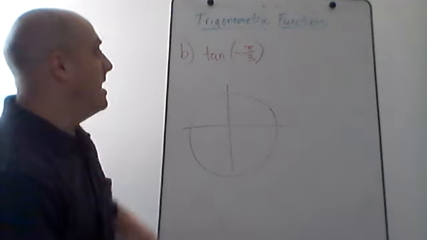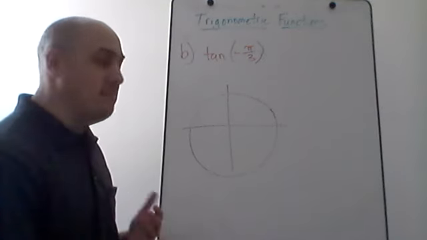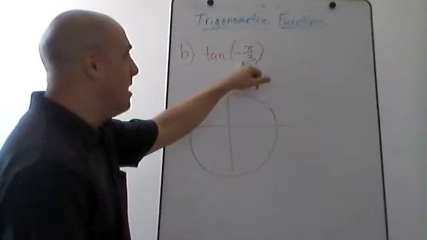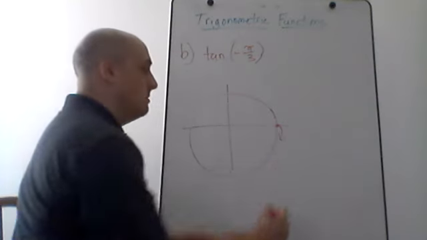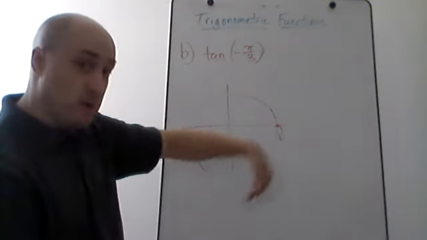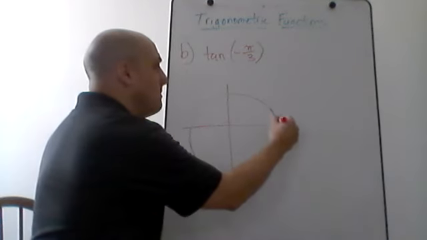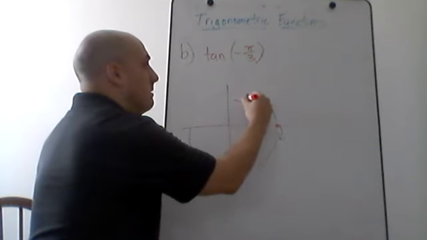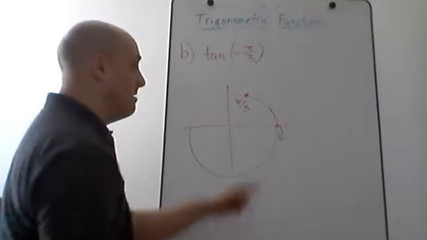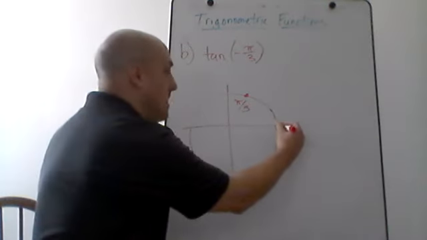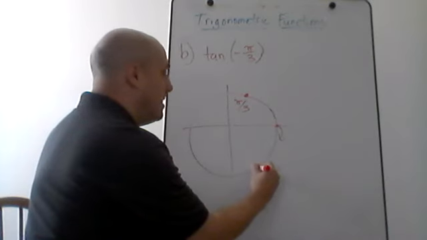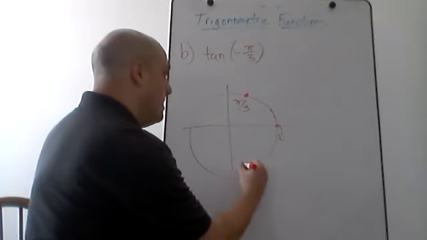All right, so tangent of negative pi over 3. Find my quadrant. Negative pi over 3, remember, for negative t values, we go in this direction. We start at the positive x-axis, we go down to the 4th quadrant. Well, pi over 3 is just up here. This is positive pi over 3, so I'm going that same distance, but just in the opposite direction. So if I go negative pi over 3, I just end up that same distance down here in the 4th